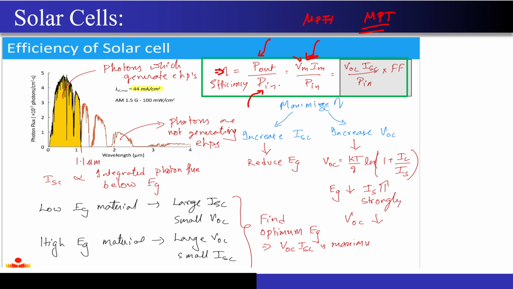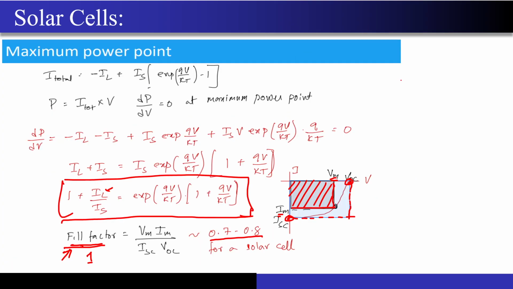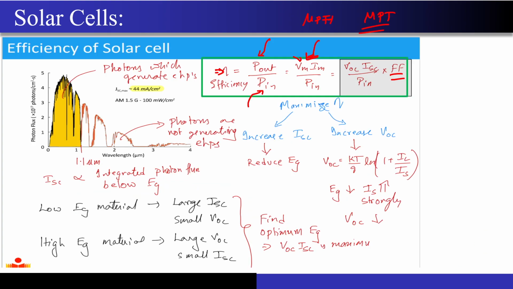So that's why we used the fill factor formula from the previous case. And what did we write? We wrote Vm into Im is equal to fill factor into ISC into VOC. These numbers are readily available in the data sheet of the solar cell. So now if you substitute, this is the formula for the efficiency of the solar cell that you will be getting. I hope this is very clear. Just remember this formula very clearly.